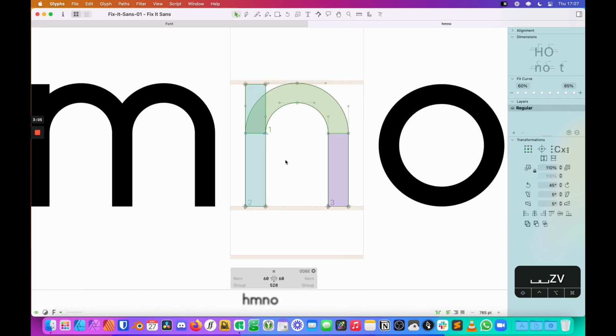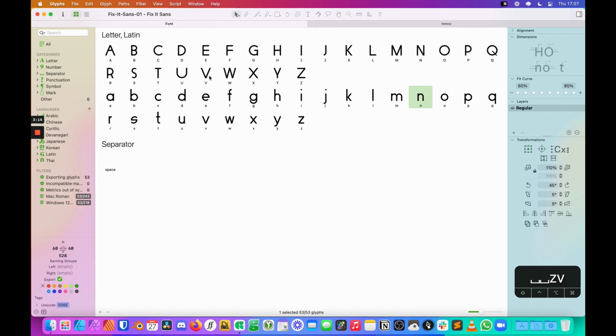Some things to note about where we're at right now. Number one, every single stroke that you see in this font is literally the same width. I think I set it to 80 point. You may notice with a keen eye that some look a little bit different or a little bit off, but for the most part, every single stroke, whether it's vertical, horizontal, diagonal, or round, is the same size. They're all 80 point.